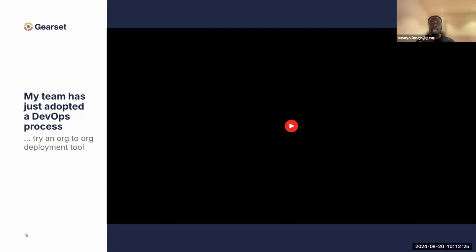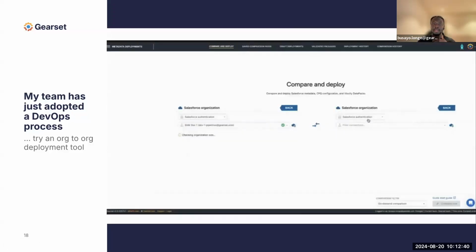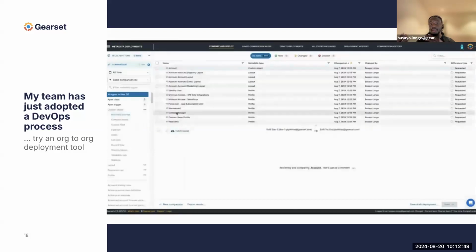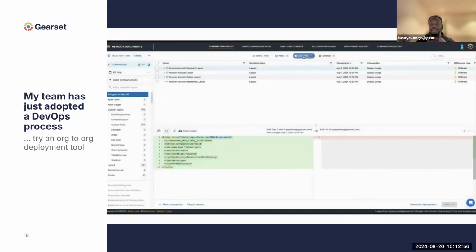In this example that I'm going to play shortly, I'm an admin that needs to do an org-to-org deployment, which I can also do using change sets. But I just wanted to show how tooling can make it more visible here. Here I'm connecting my Salesforce source and target orgs, and I'm able to select specific changes I want to deploy and see what this looks like in the source and in the target. There are a few options to see what is new, what has changed, and what has been deleted. And when I'm comparing this on target,